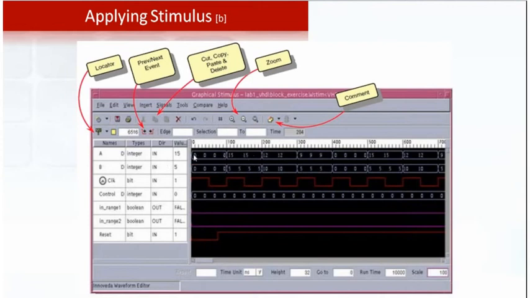Suppose from 0 to the 100th time period I want this bus to have the value 0. I should select this particular block. Normally it will be one big rectangular bus representation till the end. In that, from 0 to 100 we can select, right click on the selected area and enter the value. That will be taken as the input in that time period from 0 to 100.